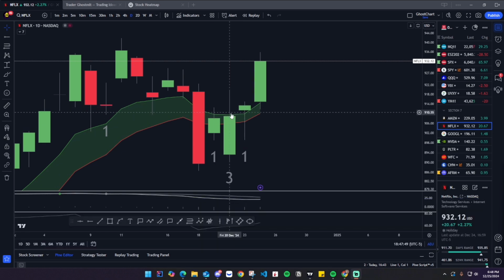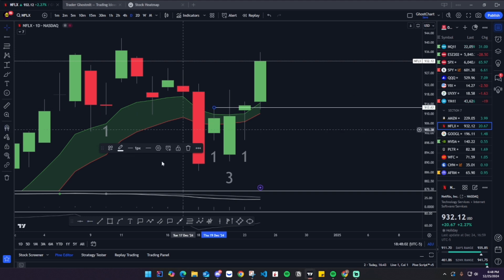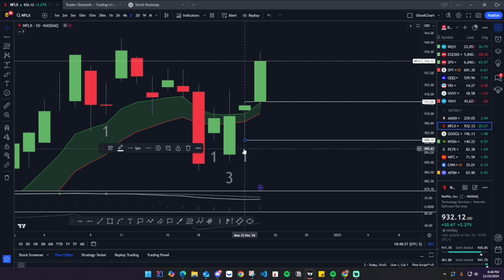So as we said, an outside bar forms when the previous high and low are taken out. You can see here on the 20th of December, the previous daily high and the previous daily low were both taken out on this day. This marks the 3 bar, also known as the outside bar, where we can expect some sort of consolidation and reversal. Now on the 23rd of December, which is the following day, we have an inside bar. This is very typical. Whenever you see an outside bar and reversal, you can expect some sort of volatility and consolidation. And now you can see Netflix actually closed within that Friday's range, between 9.15 and 8.99, closing an